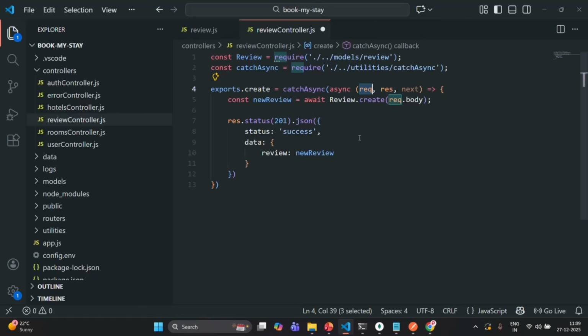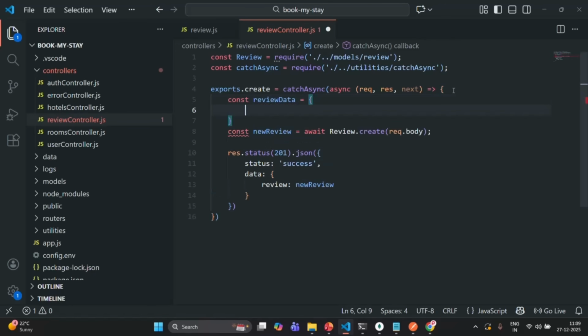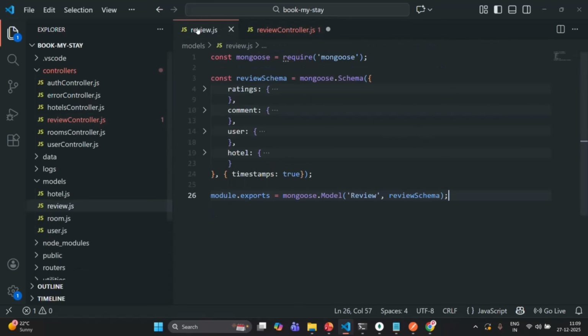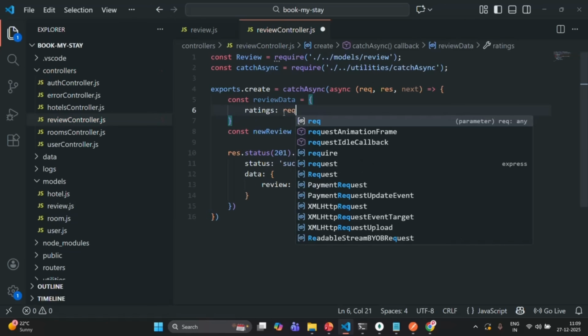So we need to read it from the URL parameter. Okay. So here what I'm going to do is I'm going to create a variable and I'll call it review data. This is going to store an object. In that object, I'll set the rating property. Let me just quickly verify if the property name is rating or ratings. So it is ratings. So here I'll specify the ratings property and we are going to read this ratings from